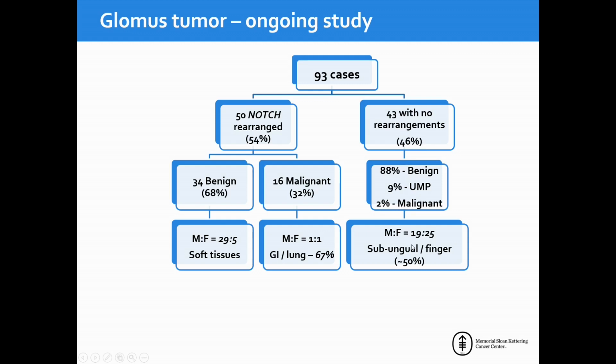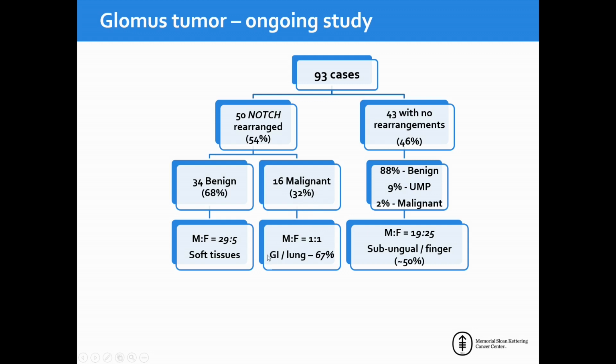And again, a slight female preponderance, but about half of these tumors with no rearrangements were in the subungual or the finger location. In the Notch rearranged cases, 2/3 were benign and 16 were malignant. In the benign cases, most of them occurred in the deep soft tissue or soft tissues of the extremities, and were overwhelmingly in males, whereas in the malignant glomus tumors that we had, which were Notch rearranged,